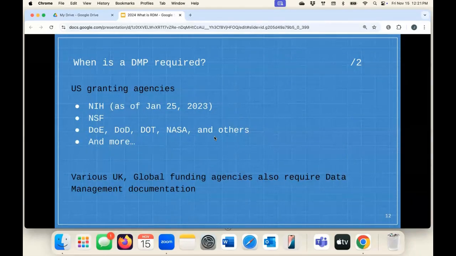If you're working with funding that doesn't come from the tri-agencies or comes from outside of Canada, there are other groups with requirements, a number of them in the United States. The NIH, National Institutes of Health, requires them for all of their grants as of last January. There's a couple other organizations that use DMPs, and lots of UK and global funding agencies as well. So if you're working with funding and you're not sure what the plan is, we're always happy to talk about it.